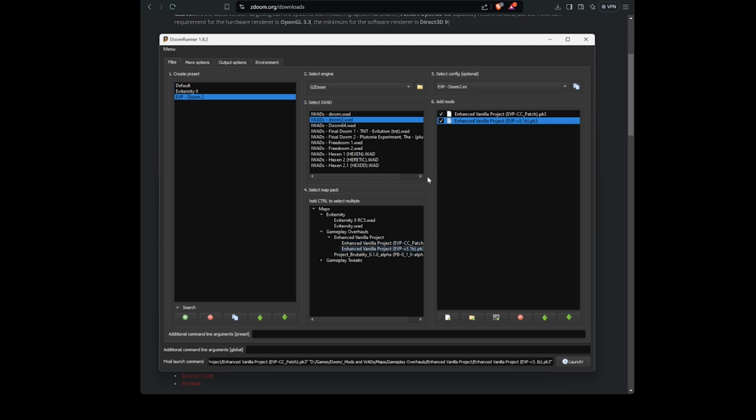Okay, so I usually have one called default, and then I've got one called testing, which is just one that I randomly chuck stuff into. And I only use the presets when I want to play a proper playthrough. But anyway, the way the mods work is that there's a load order. So things at the top of the stack will replace things behind it if they're replacing the same objects. That's an easy way to think about it. For example, in this case, you've got Evternity, you've got EVP, and then there's the EVP patch. It goes above it. So now if I launch this,